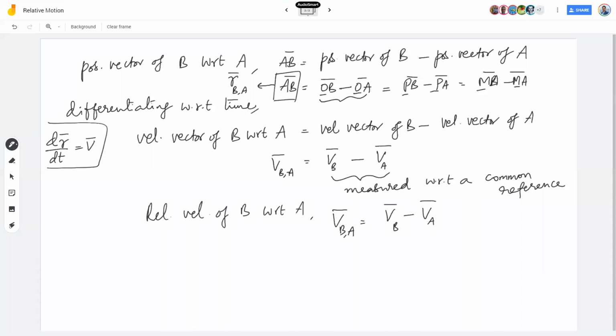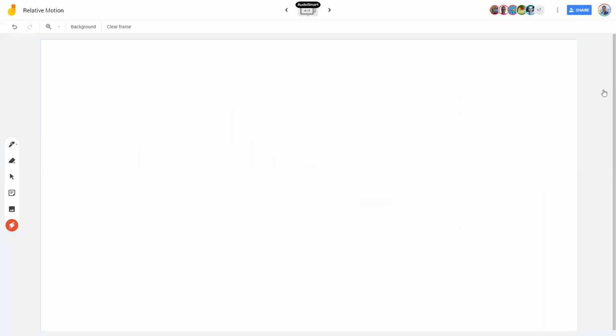If you want to specify a reference, you can. Velocity of B with respect to a man minus velocity of A with respect to the same man. Then the equation will be fine. Understood or not? If this is man 1 and that is man 2, then the equation will be wrong. Understood this concept? Velocity of B with respect to A is nothing but velocity of B minus velocity of A. And when I say velocity of B minus velocity of A, it is vector subtraction. Not casually 15 minus 10 always. Okay. So what does it mean? See here.